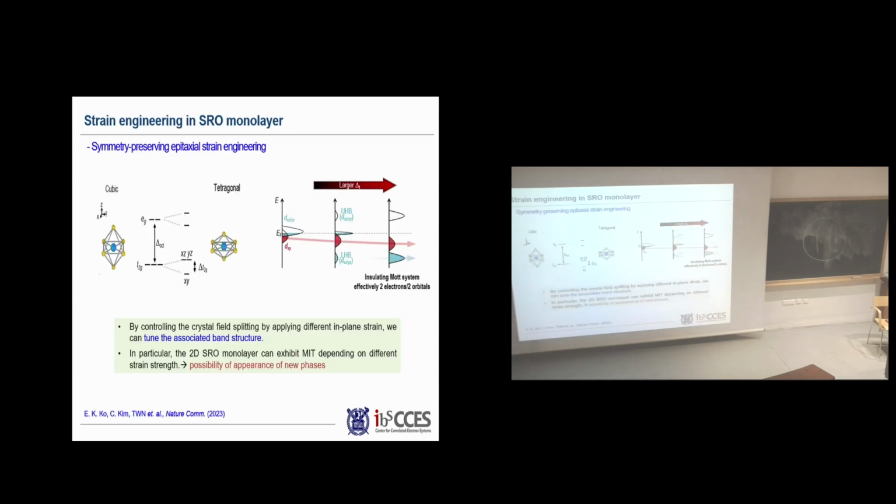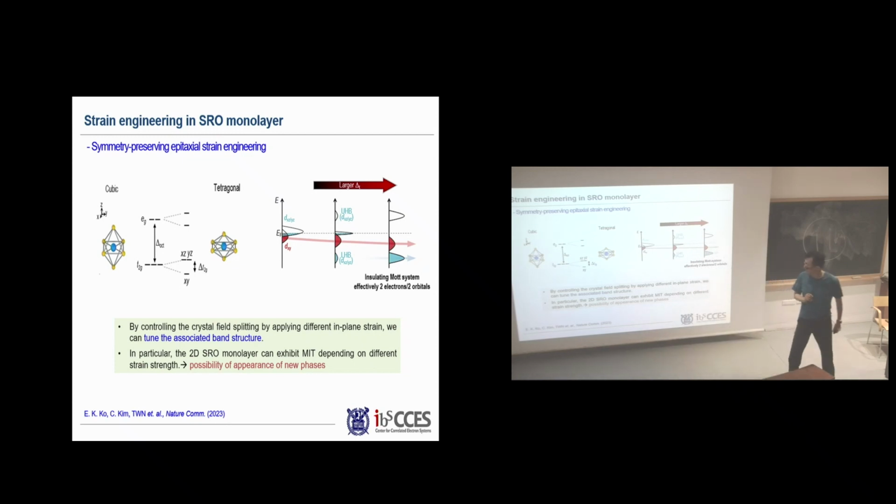So from there, what we want to do is, by elongating or squeezing our film, make some changes. If you make an elongation like this, the originally three-fold degenerate t2g level will be split into two. There's another crystal field splitting. So the xy level will be lower and yz and zx will be higher. So if we try to fill the 4 electrons in here, then this will be completely filled, and this becomes half filled.